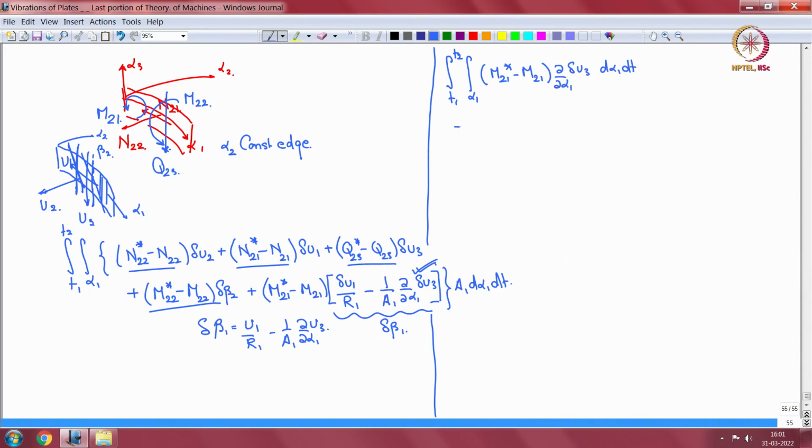This now can be written as, t1 to t2, M21 star minus M21 delta U3 dt, at the end points of alpha 1,